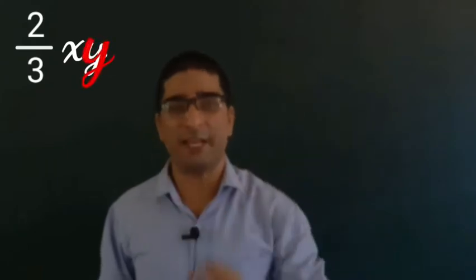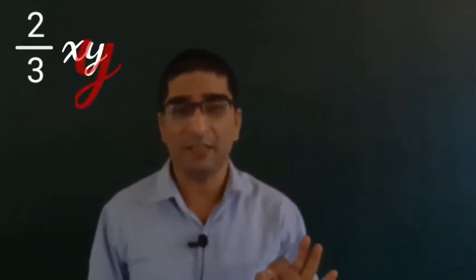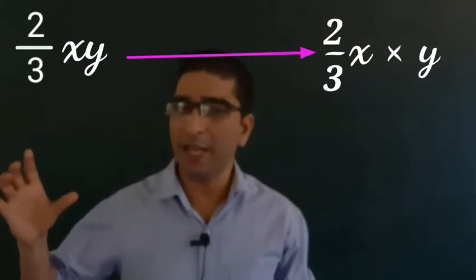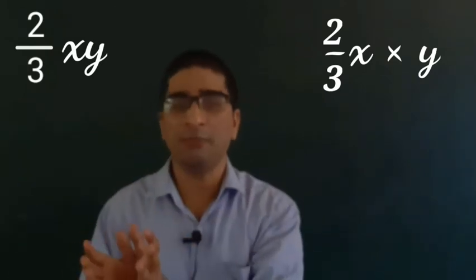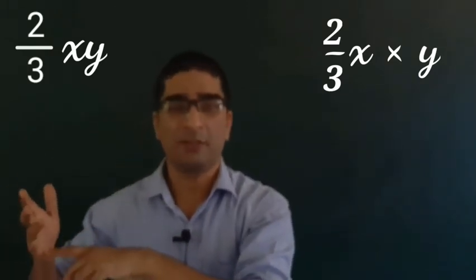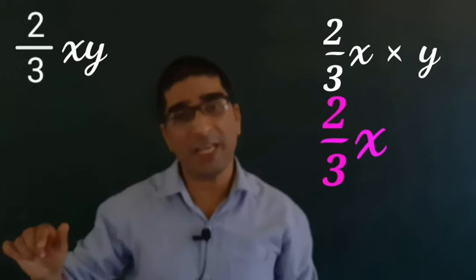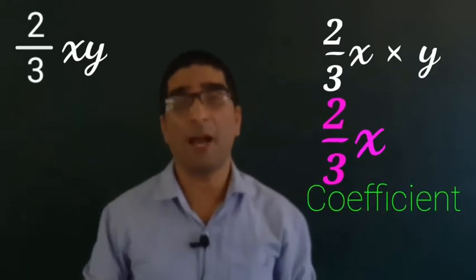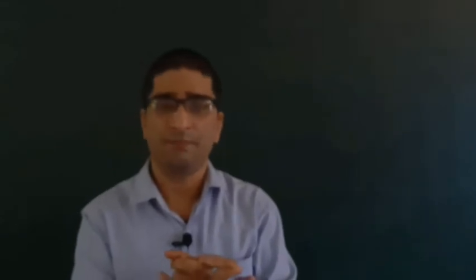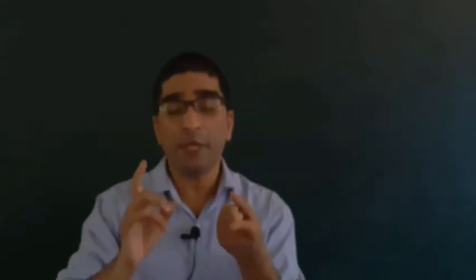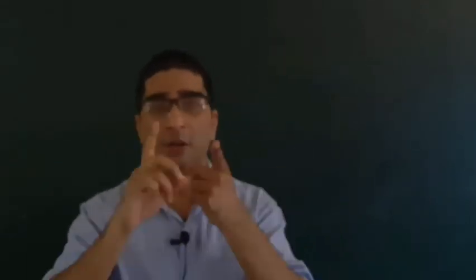Similarly, if only y is the variable, then the expression can be written as 2 by 3 x into y. That means the whole rest of the term which is multiplied with y is the coefficient of y. That means 2 by 3 x is the coefficient of y. So, in this case x is also part of the coefficient. So, a coefficient can be a numeral or literal term. Coefficients always depend on the variable. First, we must have the variable to identify its coefficient.